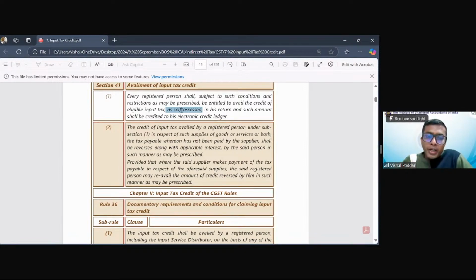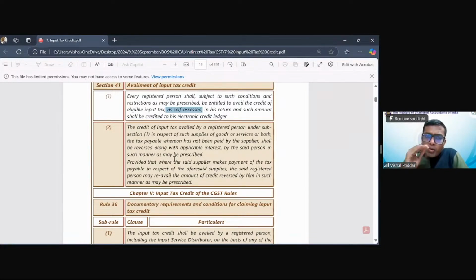That I will come to know only today when I go and check the returns, whether my supplier filed by yesterday, the due date. And it may happen that out of 100 suppliers from whom I'm buying different things, 10 of my suppliers have not filed the return. That I will get to know only in the subsequent month when I check my GST returns. Now this is where subsection 2 will come into the picture. We will come back to subsection 2 because we have a similar condition in 16(2)(c) also. So when we go to 16(2)(c), we'll come back to subsection 2.